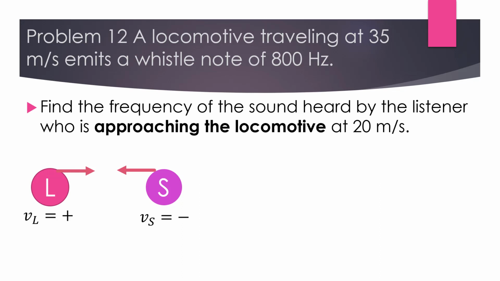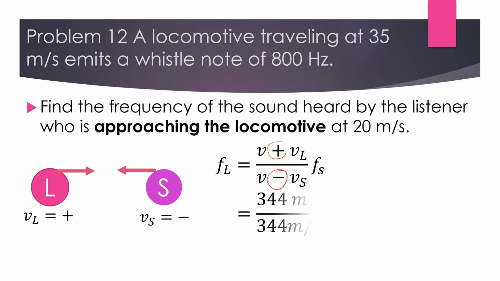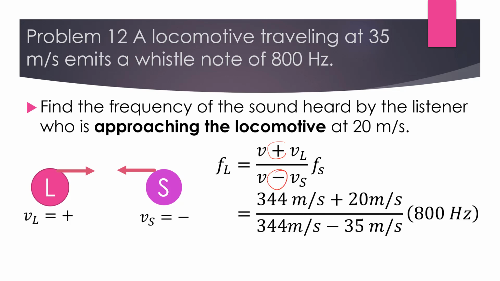So the VL is plus, VS is minus. Therefore, the frequency heard by the listener is equal to this equation. VL is positive while the VS is negative. Plug in the given, where 20 meters per second is your VL, and 35 meters per second is our VS. So therefore, the frequency heard is around